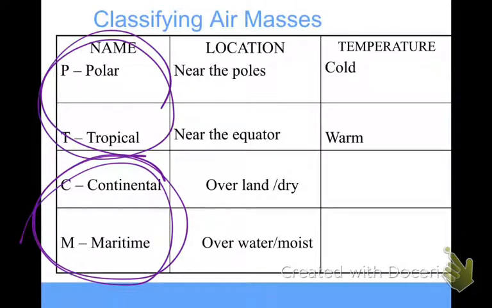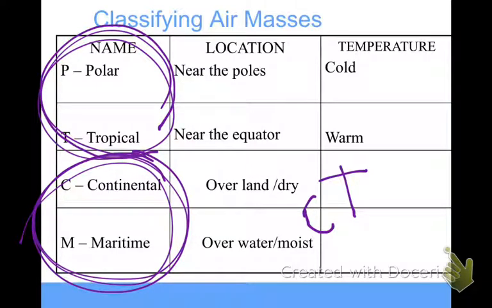So if it is a warm air mass, I'm going to give it a T. And if it's warm, then I already know the temperature, so now I just need to know the moisture content. Is it a warm dry or a warm moist? If it's a warm dry, then I would give it a C. So it'd be a CT air mass. So all that we're doing on the next slide is combining 1 temperature letter with 1 moisture letter. So I just wanted to point that out.